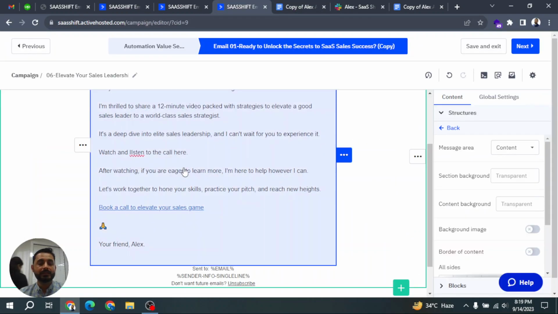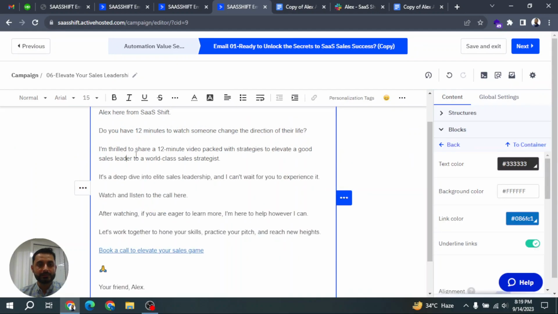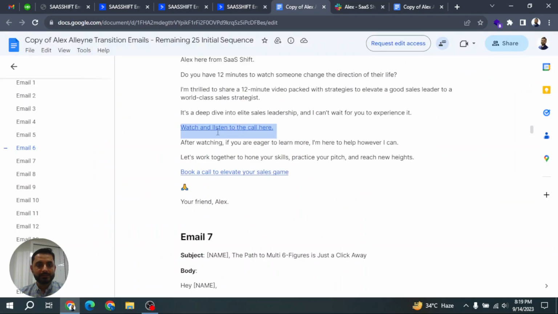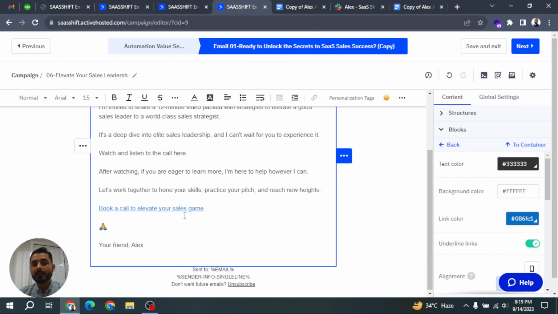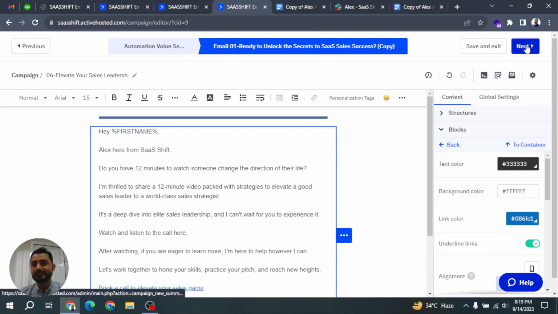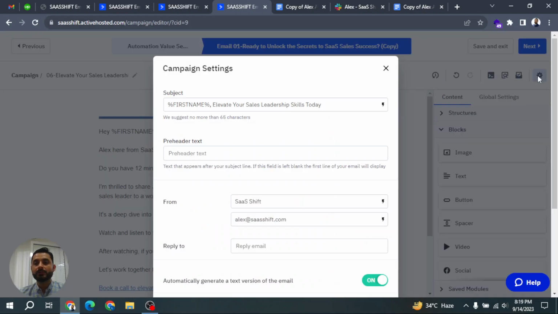Okay, so that's about it. There is a mistake here with the spelling, so I'm going to fix it. And so I will copy this, or maybe it's not linked properly. So this is how you can make the changes, and you click next and it will go to this step